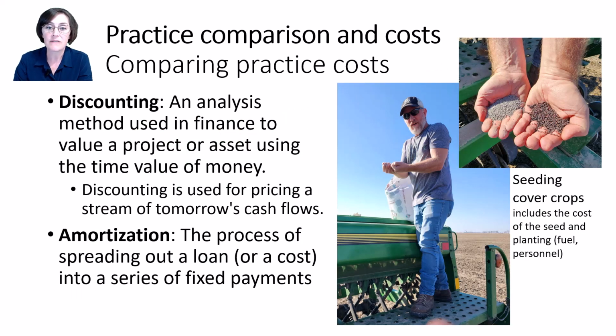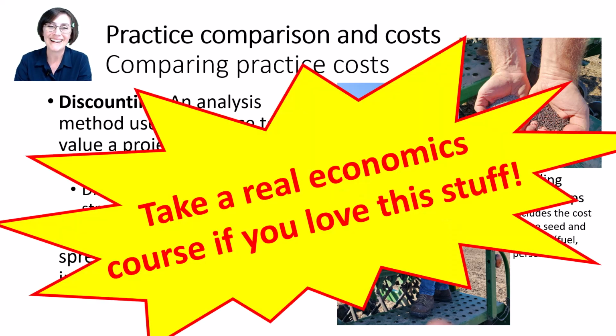But that total present value cost is not the end of the story, because then we can use the process of amortizing to spread those total practice costs back out, so we end up with $1 per year of functional life of the practice. But before I go any further, I want to issue the caveat that this is not an economics course. If you are interested in fully capturing the costs and every nuance of discounting and compounding, you should take an economics course.